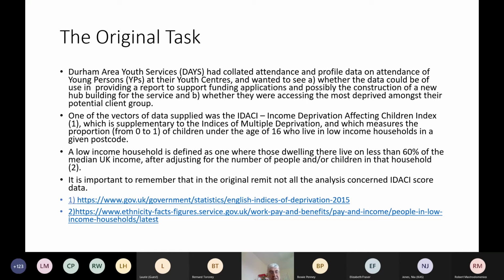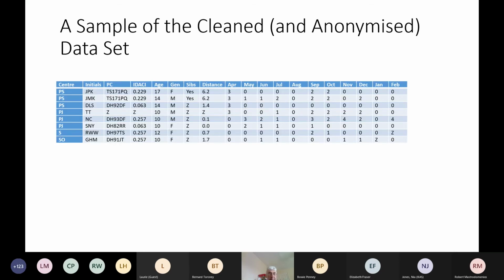So I had these figures to work with. This is an example of the kind of data set I had. There were about 300 individuals. I'll briefly go across because it shows how I had to approach the analysis. The left-hand column is the centre that they attended, of which there were 6 or 7 altogether. Two of them were on the same site. So these letters, PS, etc., just refer to the centre. The initials are obviously the young person concerned. These are up to 18-year-olds, by the way, from about 7 to 18.